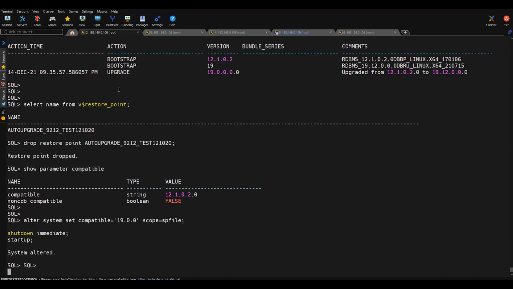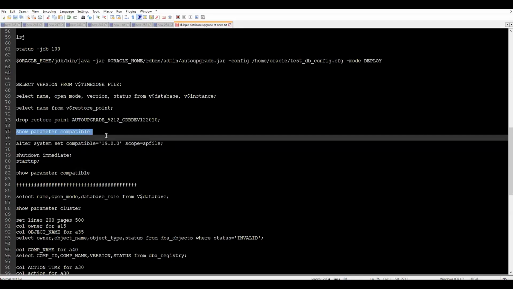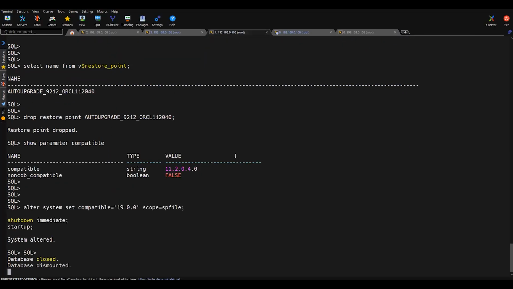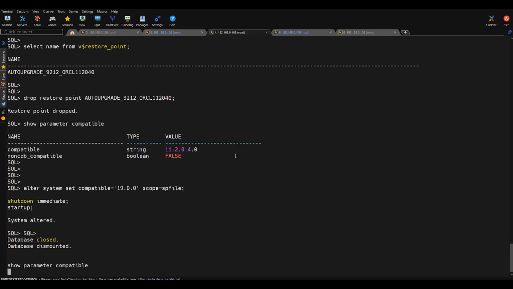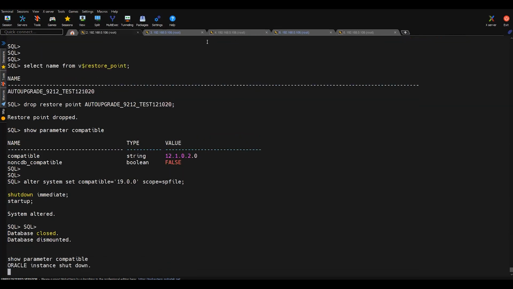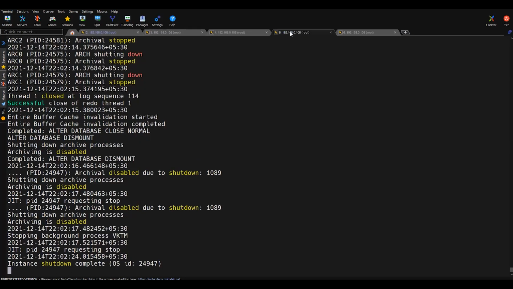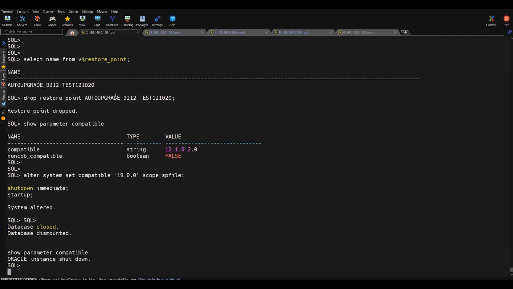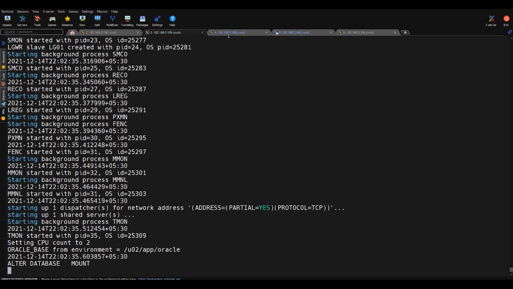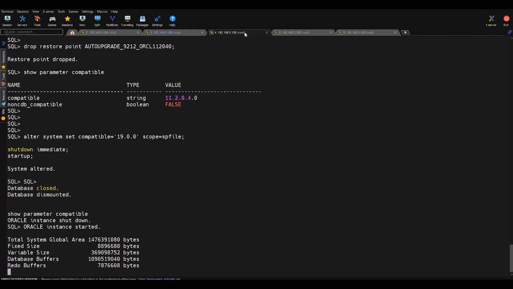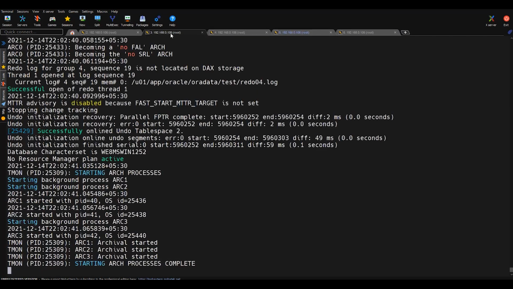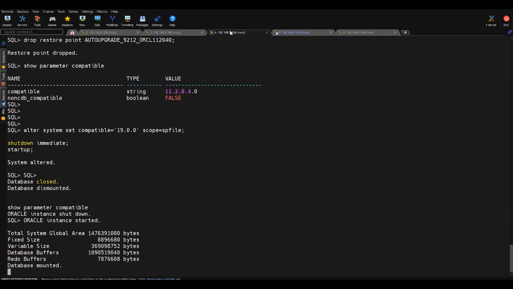This will get restarted in a few minutes. Let's run this command also. It will show me the show parameter details, and similarly we can run show parameter compatible here also. So this is how we can upgrade two databases in parallel using the AutoUpgrade method. I hope you have understood all these steps so far. If you have any queries regarding these steps, you can mention them in the comment box, or send me an email also. I'll try to help.